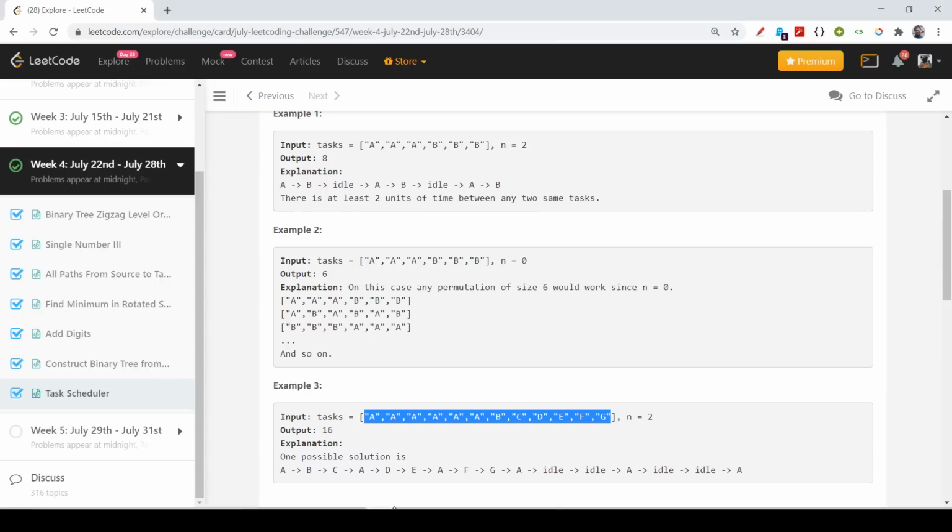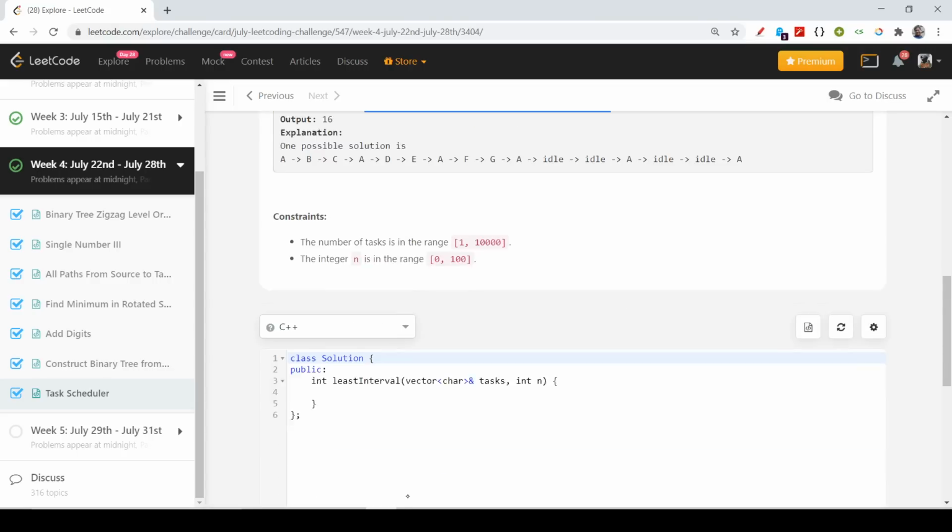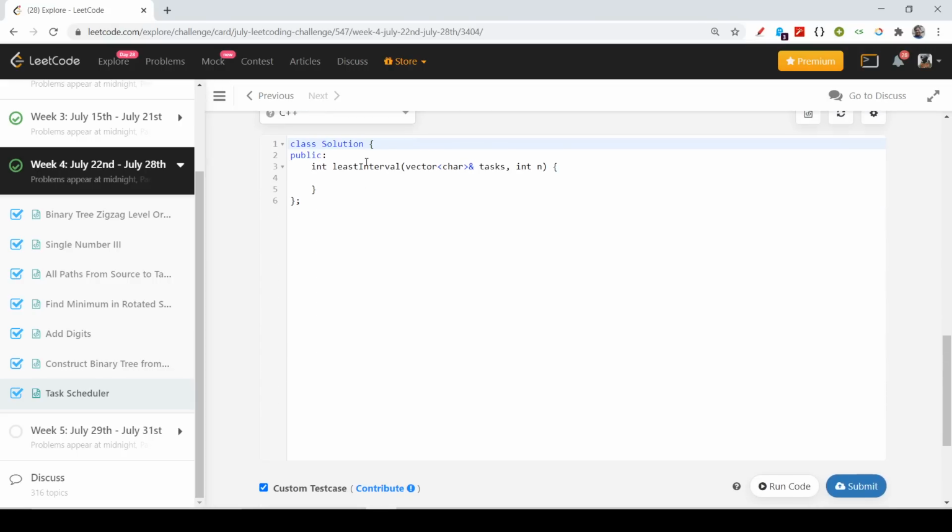So let us quickly write the code, and I will show you how it was working. Let us bring our console back. First of all, I need to have the frequency. You might think of a map in the first place, but the map won't work, because I need to sort my map on the basis of the value rather than the key, but the map sorts on the basis of key.